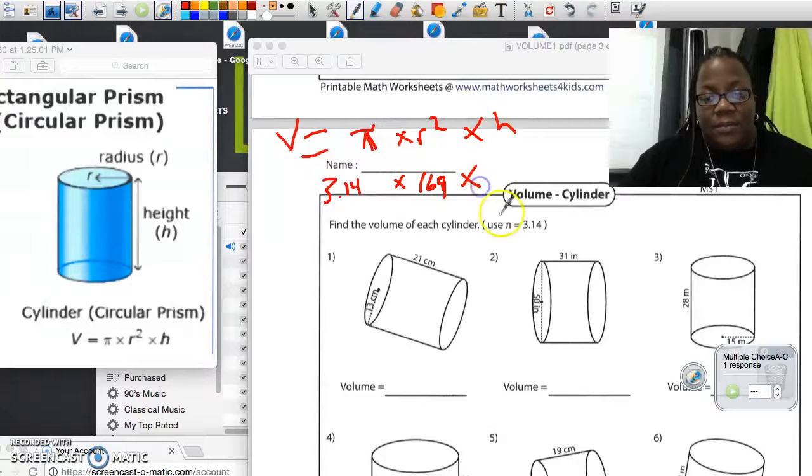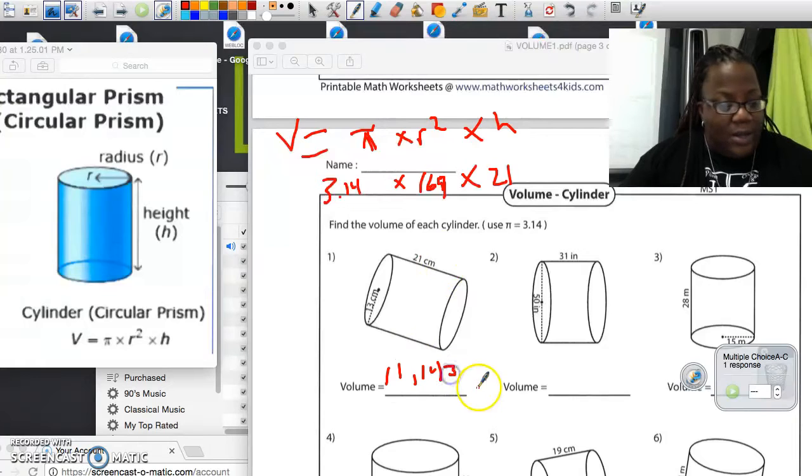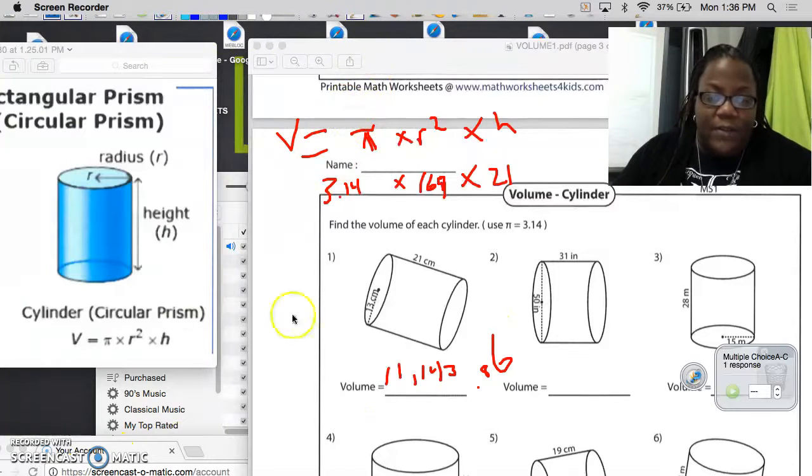And then multiply it with the height, which is 21. So if you multiply all three of these together, 3.14 times 169 times 21. There we go. So the volume for this is 11,143.86. And then, oh yeah, let's not forget our unit here,